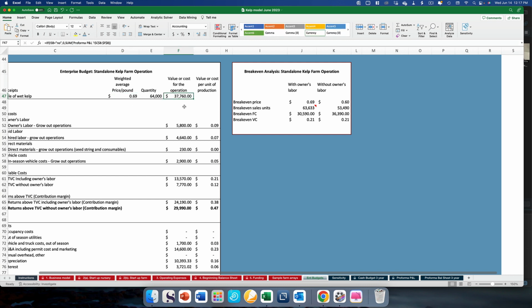I change this to 69 cents. And if I change this, which is currently pointing to some information from the proformas, to calculate as 69 cents times 64,000,